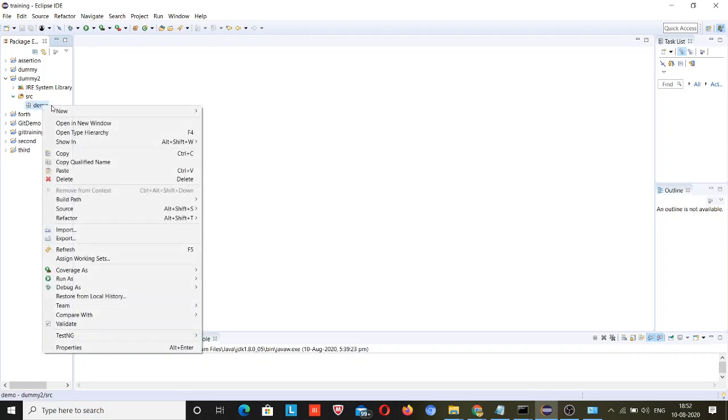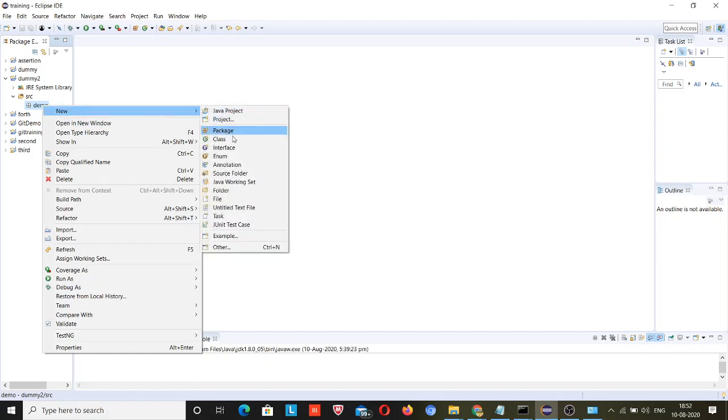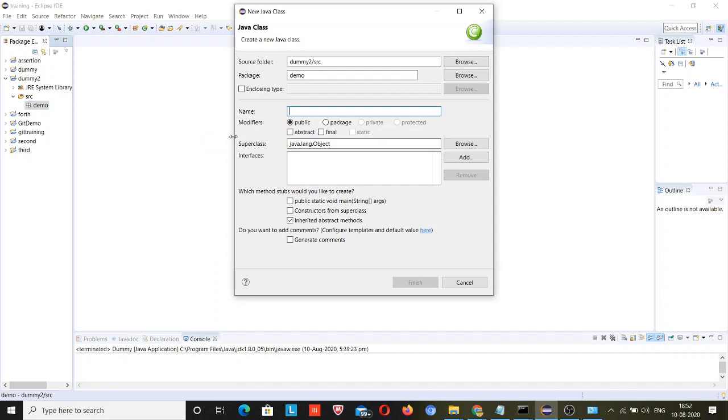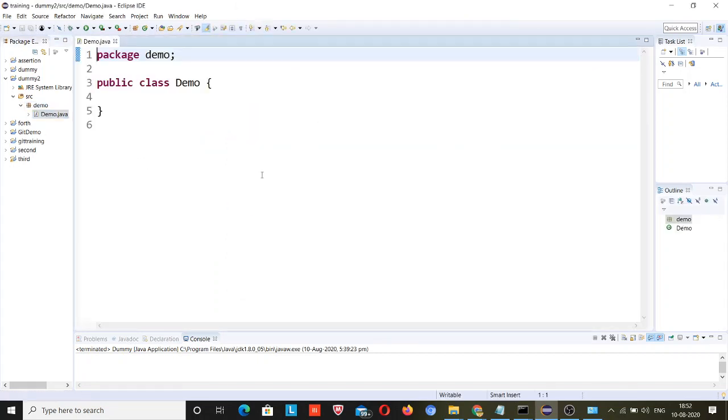Right click on this, New, and inside the package make a class, Demo. The class is created.